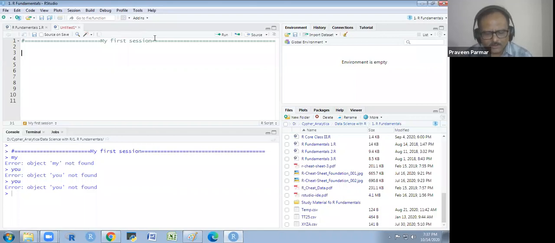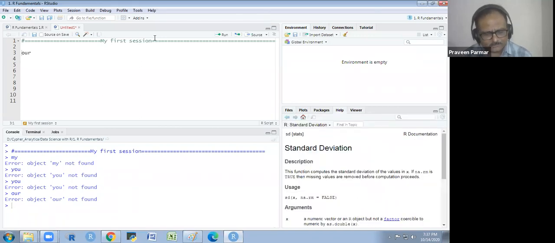If I write the hour and I run this without hash, I will get the error: object hour not found. R doesn't know what is hour. If I put the hash here and then run this, I will not get anything.